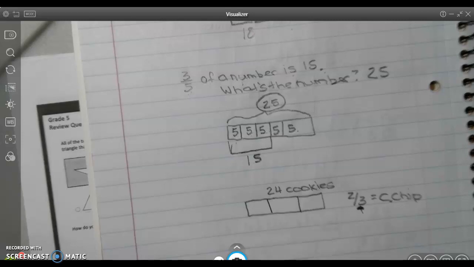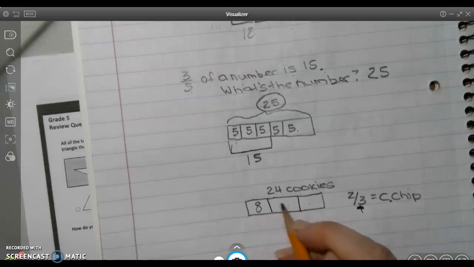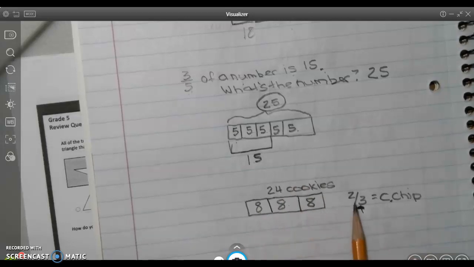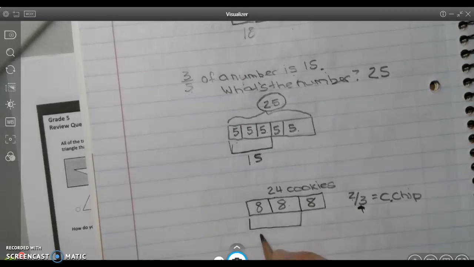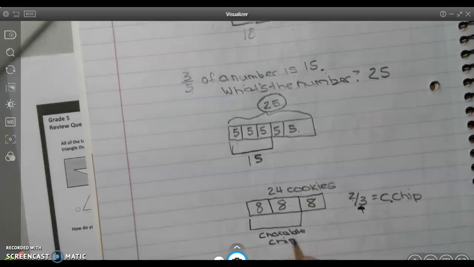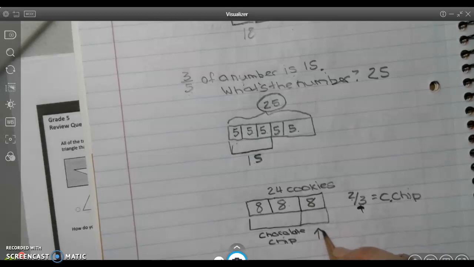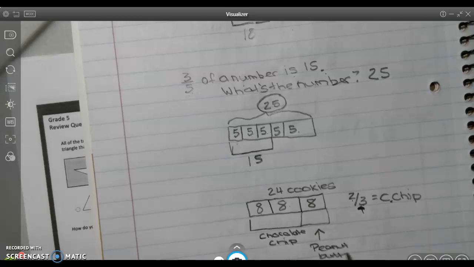Well, what is 24 divided by 3? If we divide 24, it would be 8. And 2 of the 3 are chocolate chip. What would be left to be peanut butter? Right? Just this one would be peanut butter. So how many peanut butter cookies did she make? 8 PB cookies